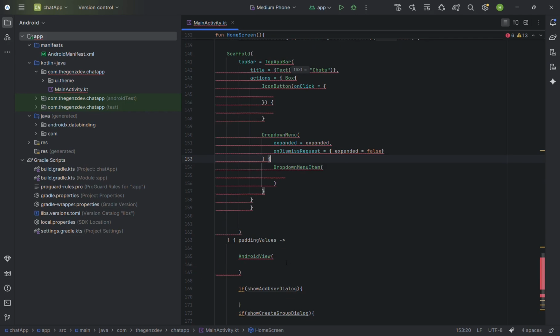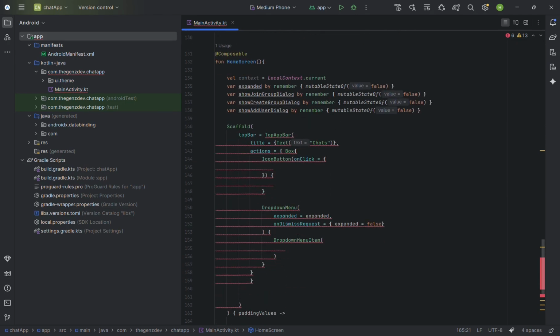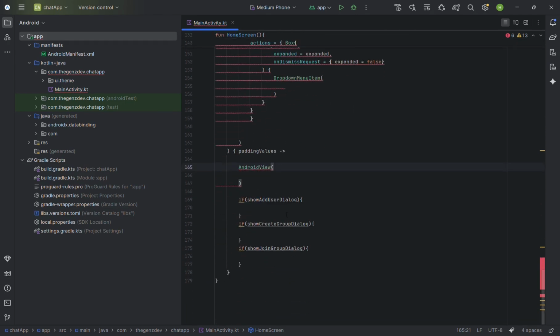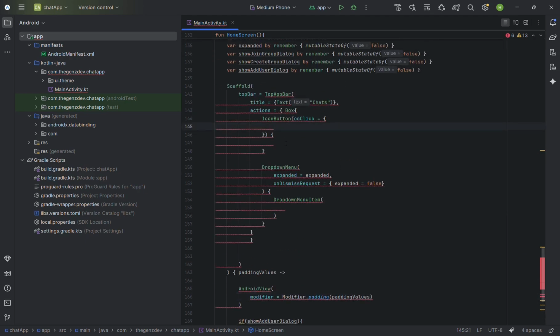Yes. And to get rid of these red lines, we're going to use this modifier equals modifier.padding, inner padding, or whatever it's called here. Yep. That should have done it. Okay, let's just keep defining our stuff. Okay, this box should have